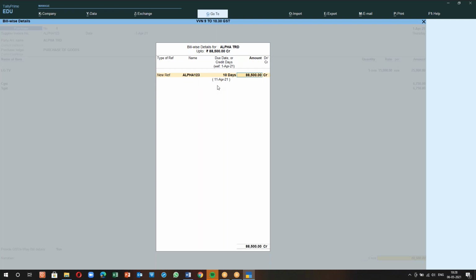Okay, due date or credit days means the time period that he's giving for us to make a payment for the transaction. I've given 10 days as an example. It can be 10 days, 30 days, depending upon the supplier. If I give 10 days here, below itself it will show me by what date I have to make a payment. So it says by 11th April 21 I have to make a payment of rupees 88,500. Okay, now enter